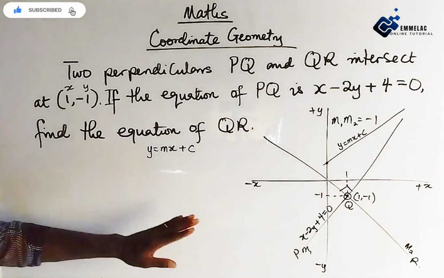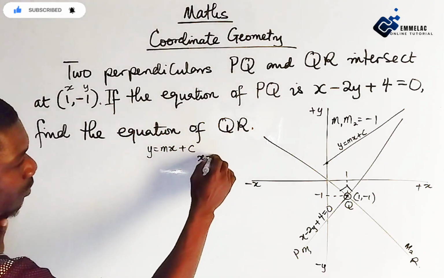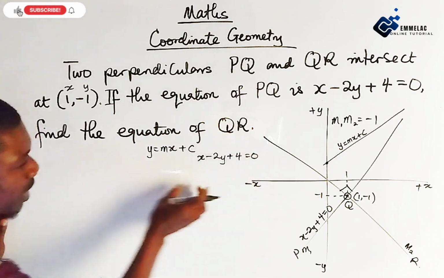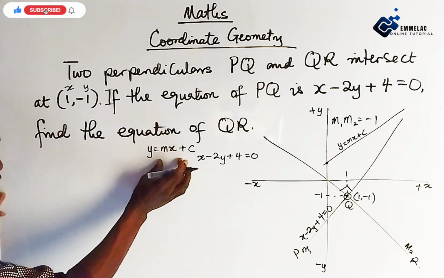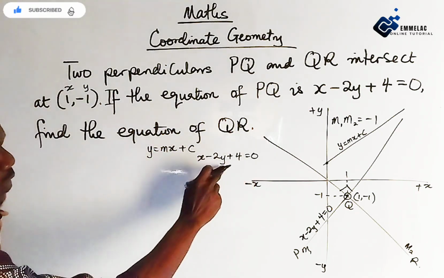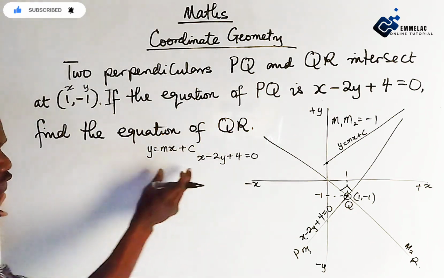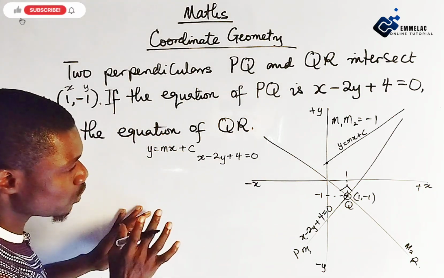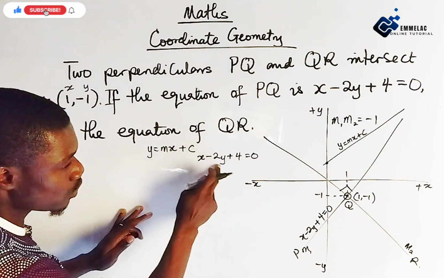The first thing is, let us transform x minus 2y plus 4 equals 0 into this equation. So we need to make y the subject of relation in this equation so that it aligns with this pattern. What we just need to do here, since we have negative 2y here,